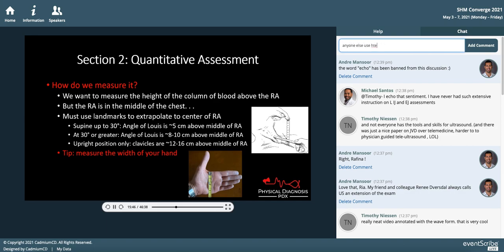For example, my hand is 8 centimeters wide, and so I use my hand in place of the ruler. I take the pinky or hypothenar side of my hand and place that on the patient's angle of Louis with my thumb pointing up towards the ceiling and my palm